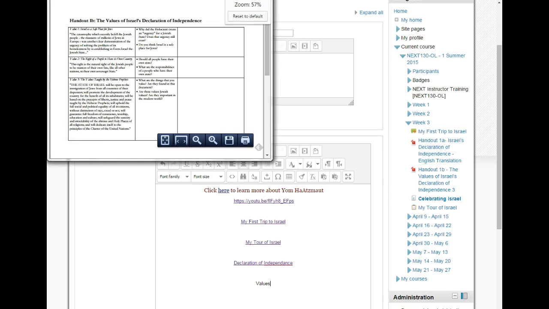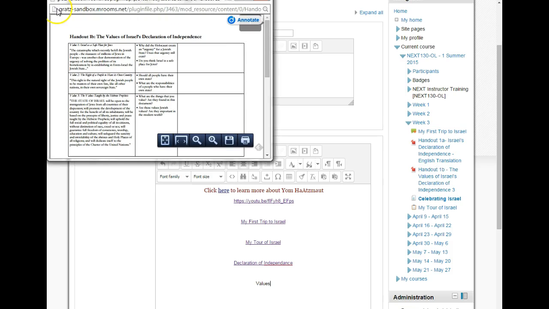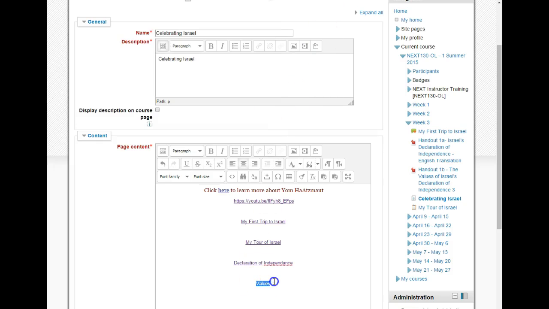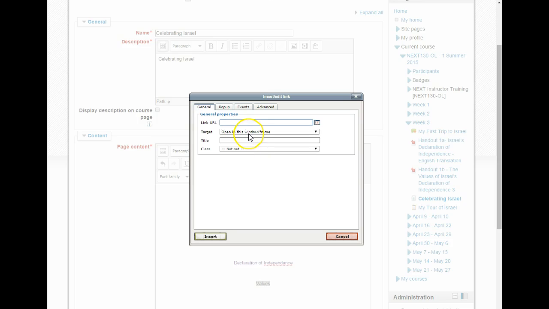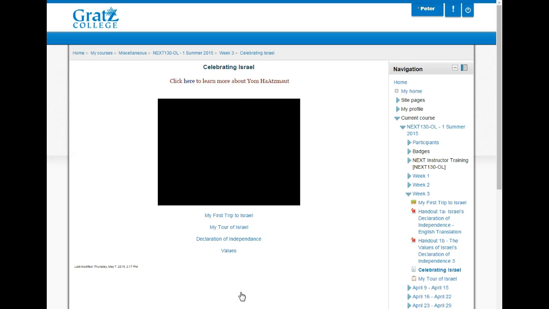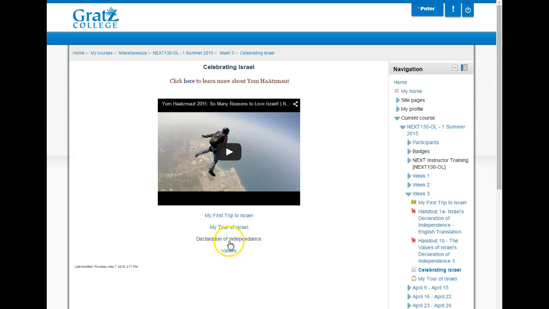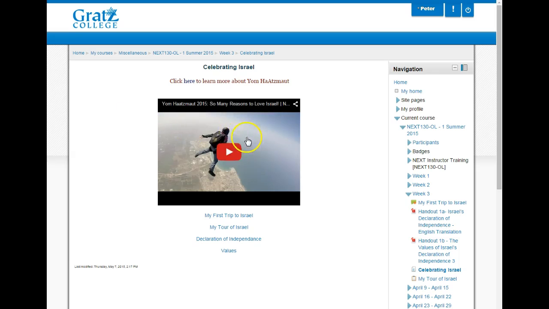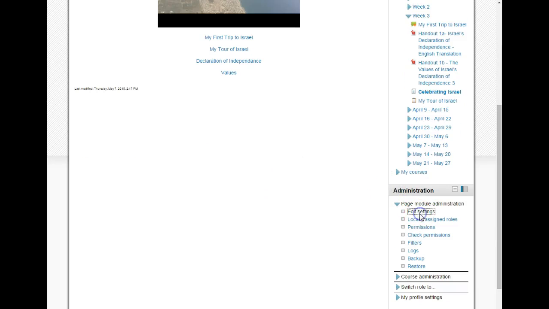Click on that. Copy the URL. Highlight the text. Click on the link. Paste it. Insert. Save and display. And there you see the documents that have been added, and we click on them and we're taken to that document itself. Let's go back to Edit Settings,